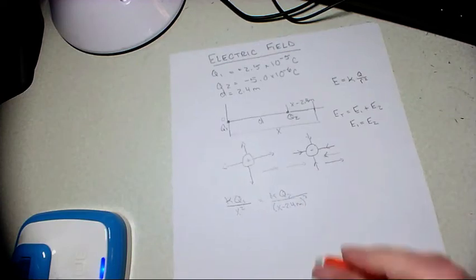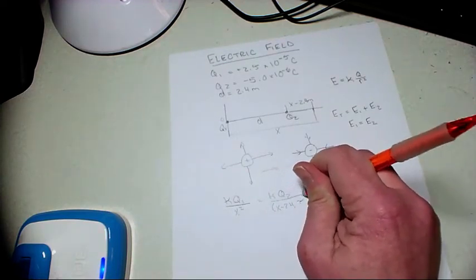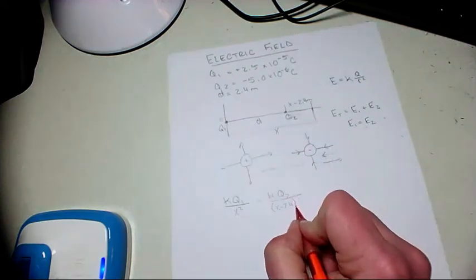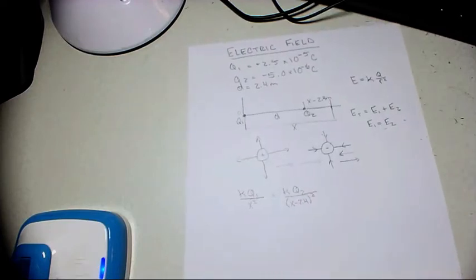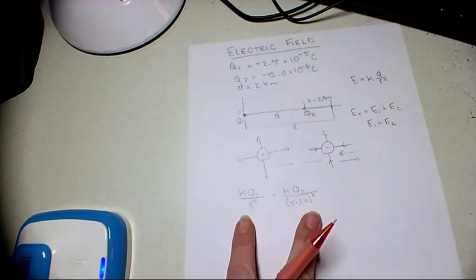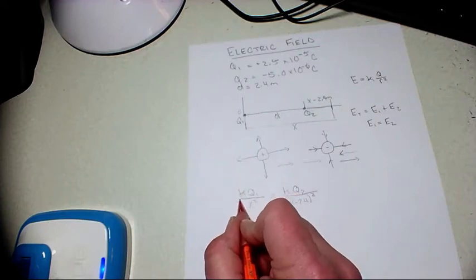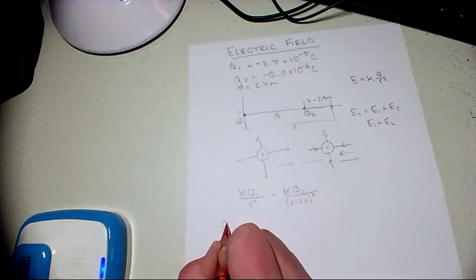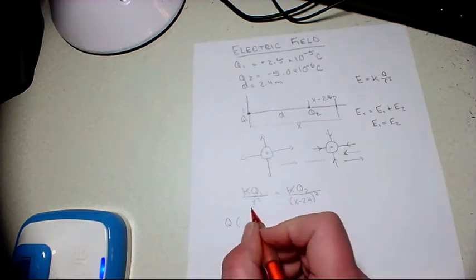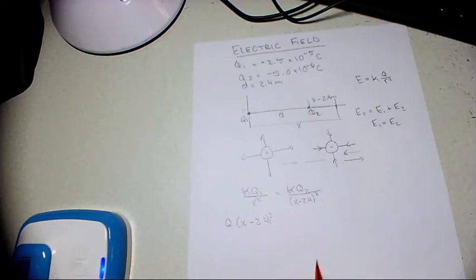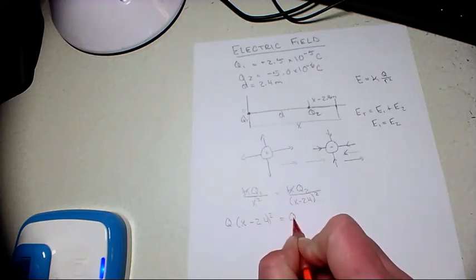For the sake of not making this a horrendous mess with the algebra, I'm going to, and I know I never do this, ignore units. You're going to see why I'm doing that in just a second. Because what I need to do is get rid of my fractions and turn this into a quadratic equation. And I'm going to do that by multiplying this up here and this over here. So first you'll see my k's cancel out. Cool. So I end up with q1 times (x minus 2.4) squared, the square in the right place,